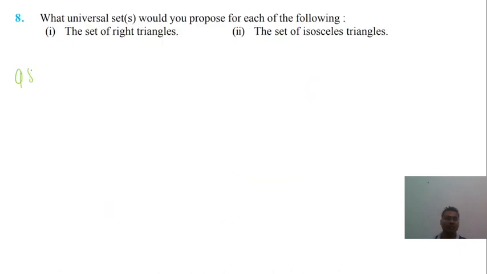Coming to question number 8, which is saying, what would you propose for each of the universal sets? We will have to write statements for all these questions. Okay, so the universal set of all triangles is